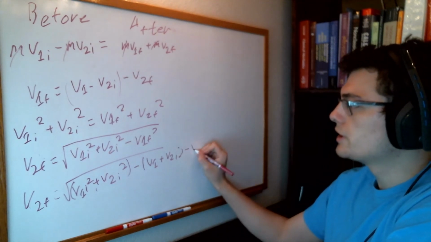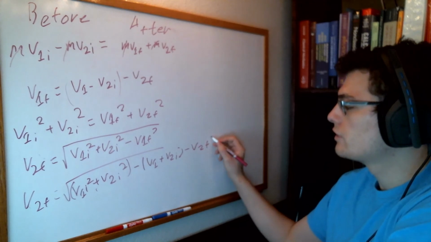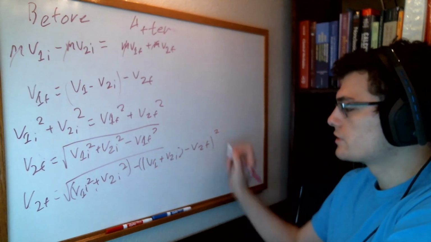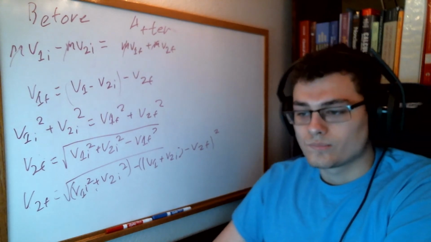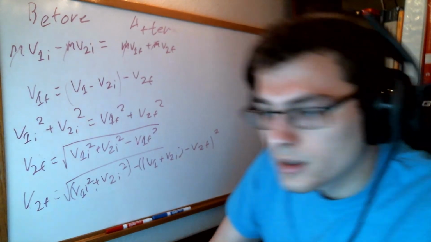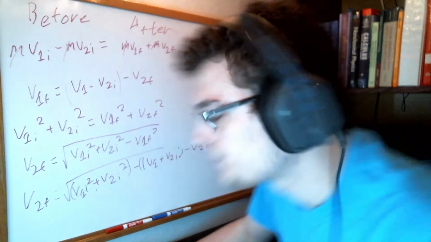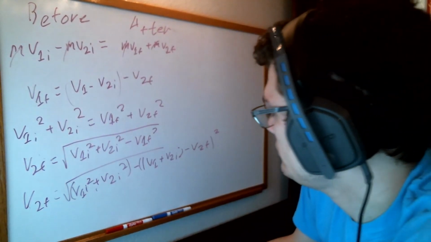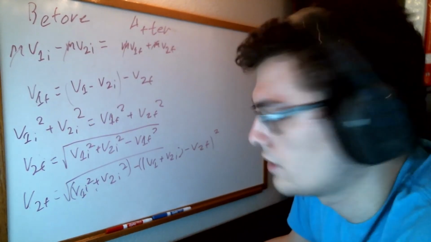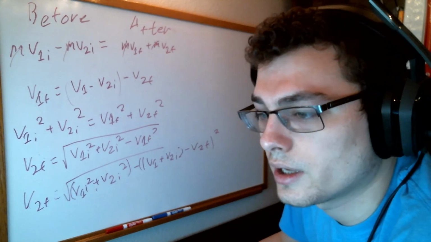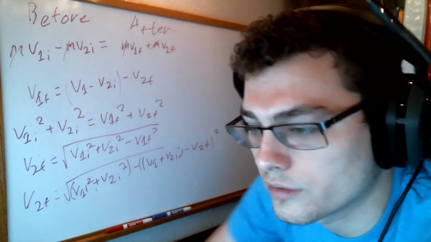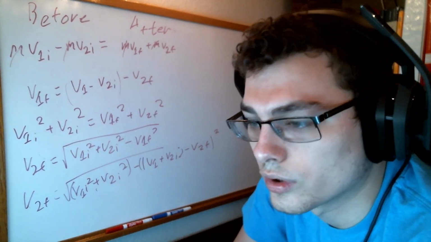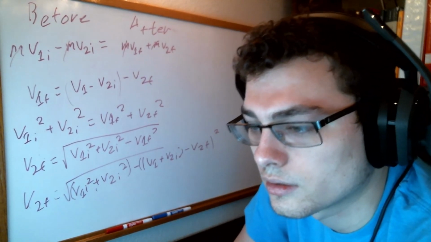We should do this minus V2F, and this whole thing is going to be squared. And so if we go ahead and start to solve all of this, we're going to end up getting